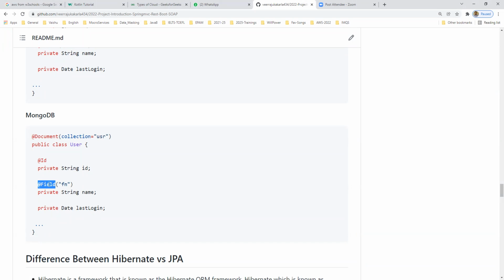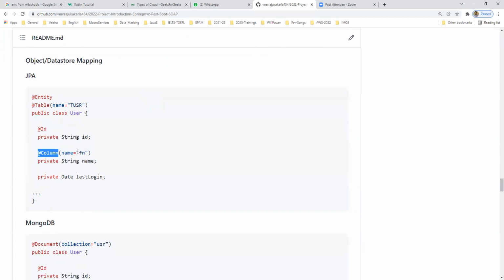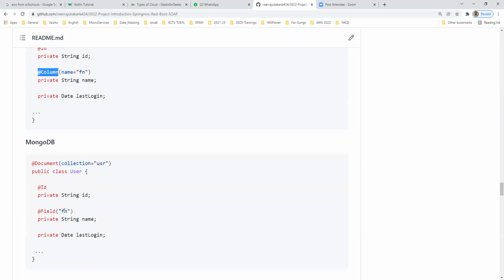Here we would define a column. These are optional. If you want to give a specific name for your variable in your table or your document, you can define it. Otherwise you can ignore it. Automatically it will take the default name that you define in your document or model, document or entity. This is the basic difference.